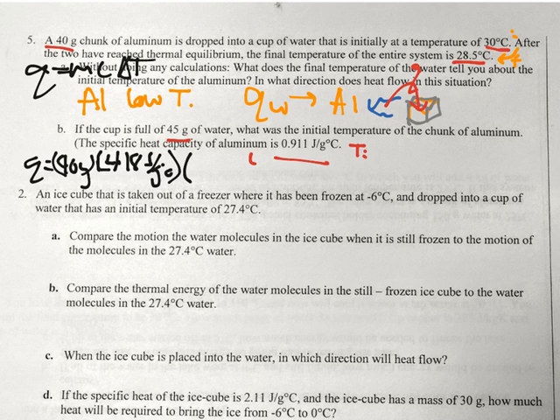And then your change in temperature is your final minus your initial, so it'd be 28.5 minus 30. So then do the math. If you subtract it, that would be negative 1.5 times 4.18 times 40, which is